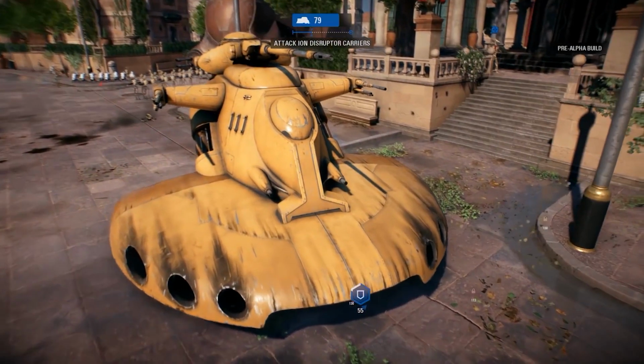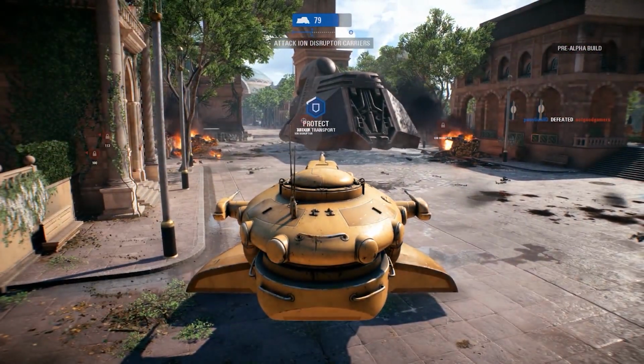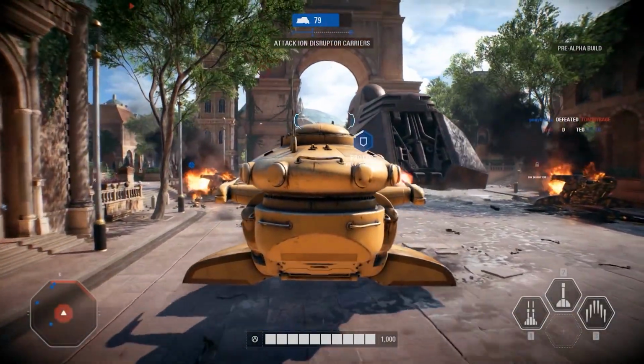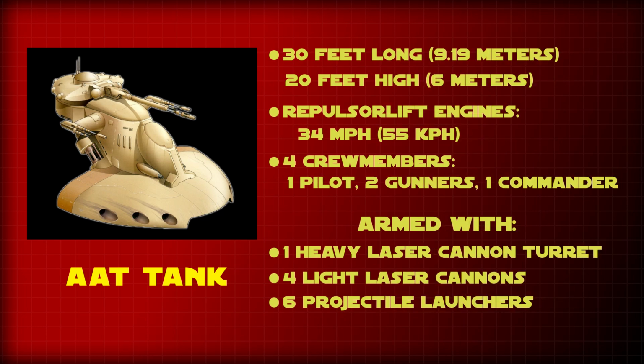The Armored Assault Tank Mark I was a repulsor lift tank used by the Confederacy of Independent Systems just prior to and during the Clone Wars, and was one of the primary droid-controlled tanks of the Separatist Army. The AAT-1 hover tank was developed by the Boctoid Armor Workshop many years prior to the Clone Wars, but was one of the most popular tanks in the droid army's arsenal, as it was small enough to be transported to several worlds and could navigate through many smaller avenues and city streets that larger vehicles had a hard time getting